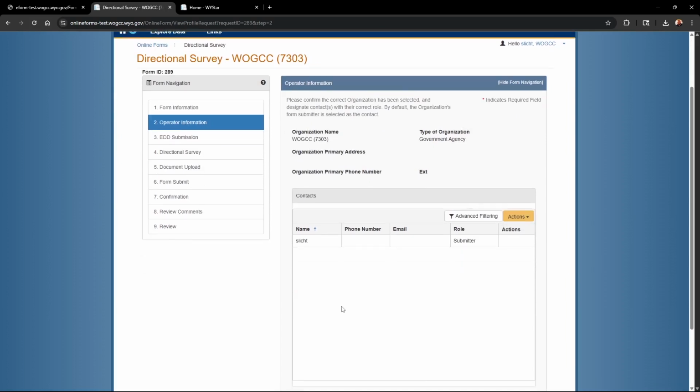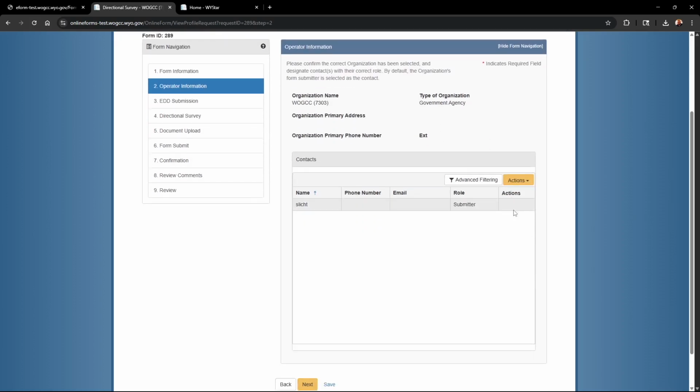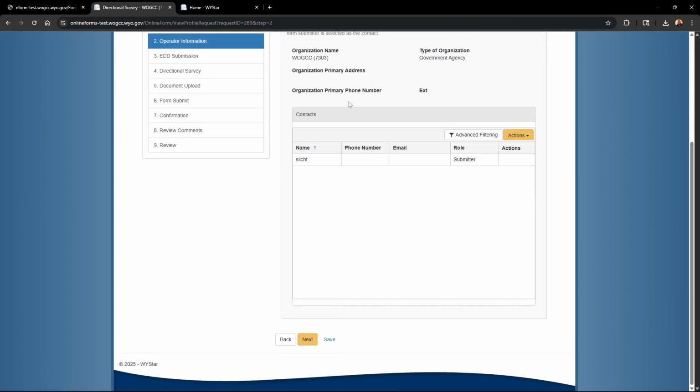Next we get to the operator information. You want to double check that everything on here looks correct, along with the phone number and emails, and if you want to add a second contact, you are able to do that under the Actions bar. Once you have this all completed, click Next,